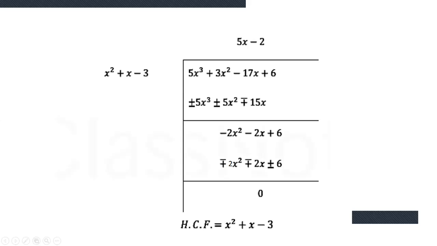Here is x square and here is minus 2x square. We should multiply by minus 2 to get minus 2x square. We multiply this term by minus 2, minus 2x square minus 2x minus 2 3 are 6, minus minus plus 6. Okay, minus 2x square minus 2x plus 6, that all have opposite sign, then that will cut, remainder will be 0. So here the HCF is x square plus x minus 3.